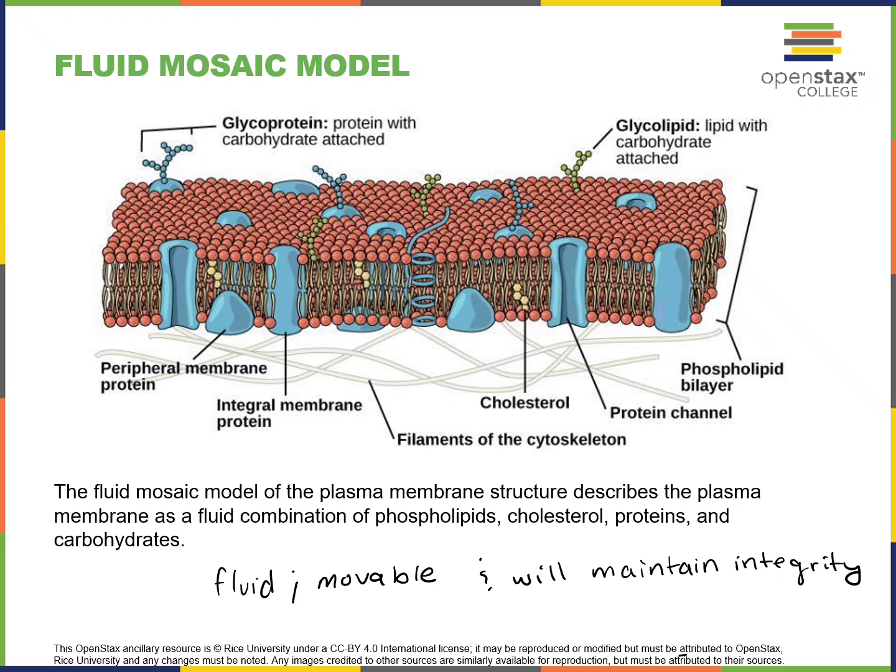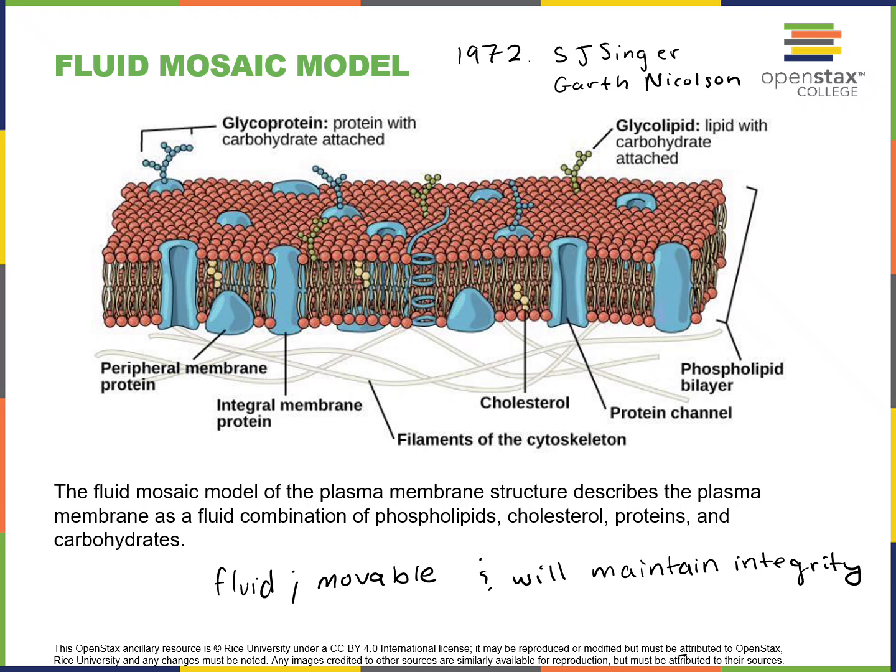The fluid mosaic model was proposed in 1972 by S.J. Singer and Garth Nicholson. And essentially, like I said, they just proposed that the cell membrane is something that kind of moves and adjusts as the cell needs. It is a fluid, moving, breathing kind of